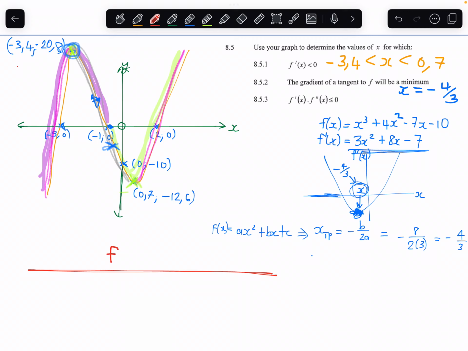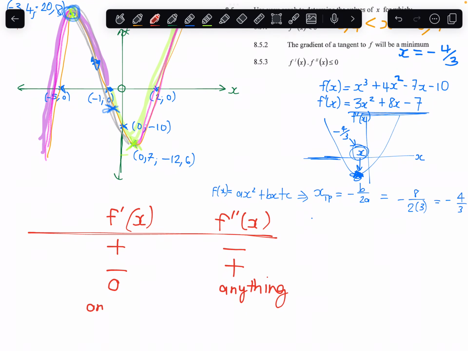We need f prime, f double prime. We either need f prime to be positive and f double prime to be negative, or f prime to be negative and f double prime positive, or f prime to be 0 and then we don't care about what f double prime is doing, right? So at our turning points,